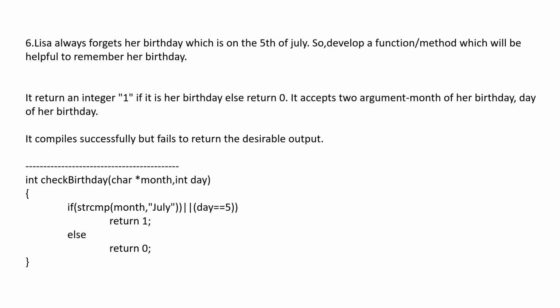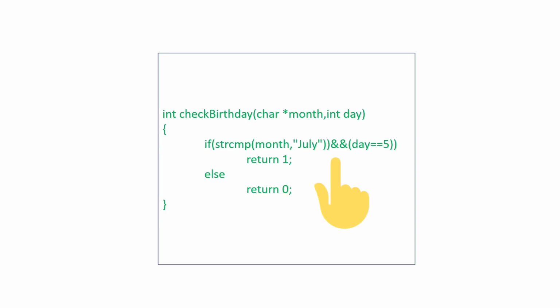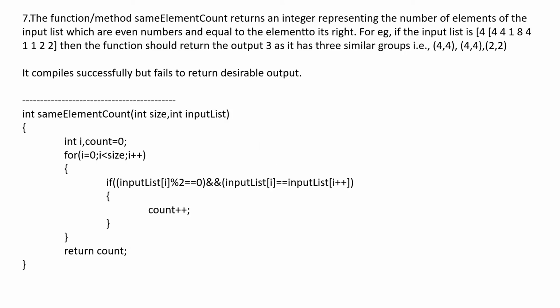So if you observe the given code, here the string is comparing only the month and day, but they have used OR. Even if at least one of them is right, it is going to return 1. So what we need is that both the month and day should be matched. So we have to use the AND operator. So logical AND is used. This is the only mistake in this code. I think we are done.